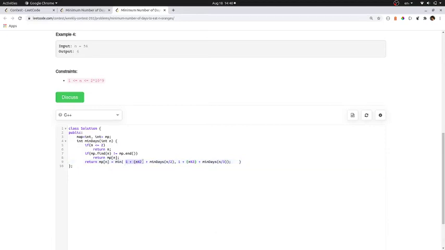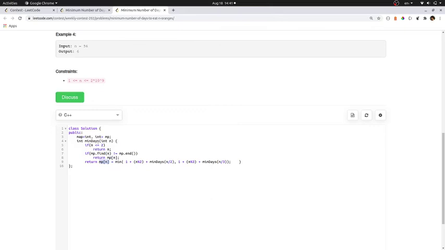So one is 1 plus n mod 2. This 1 is for that particular day, and this n mod 2 is how many more times you need to decrement it to make a multiple of 2 or 3. So the answer is actually the minimum of these 2 states, and if we find it in our map we can just return the answer, or we can save the answer in the map.